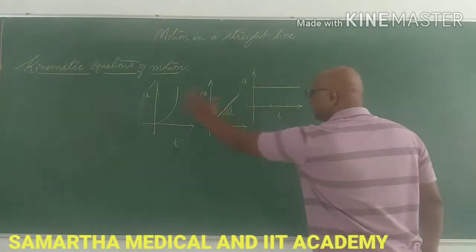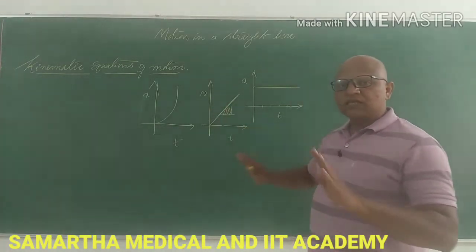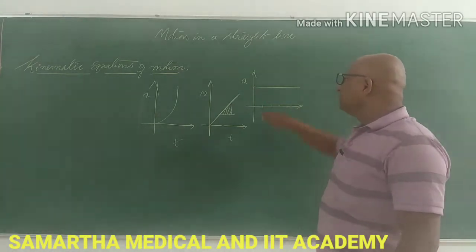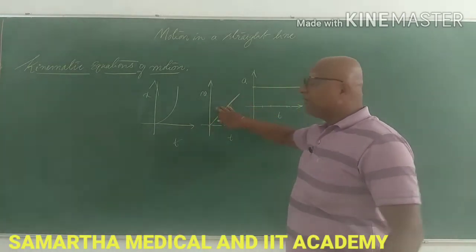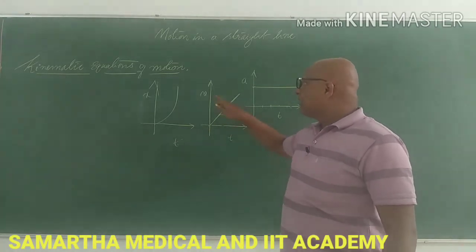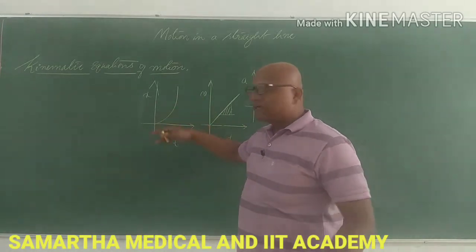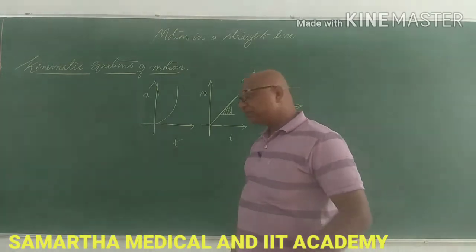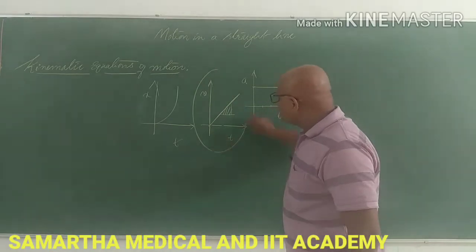See, all these three graphs are representing the same situation, that is uniform acceleration. This is the acceleration time graph with a flat line. Acceleration is constant. Velocity is changing, while acceleration is constant, which is reduced by slope. Displacement is changing with time. This is how we represent kinematic equations of motion.